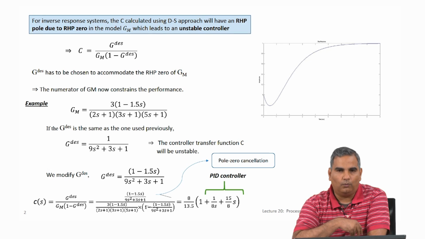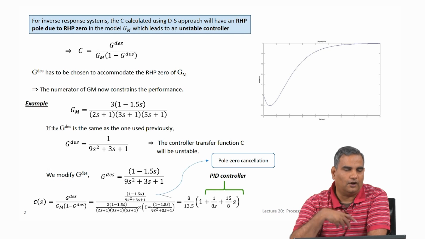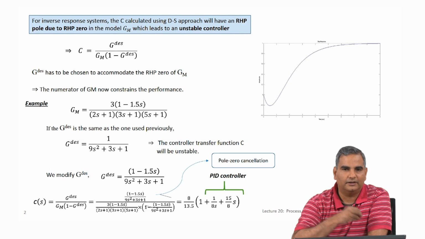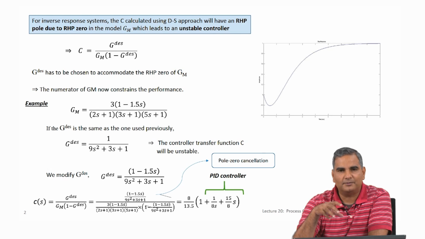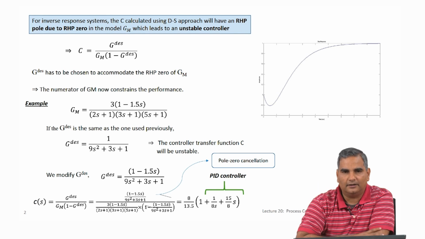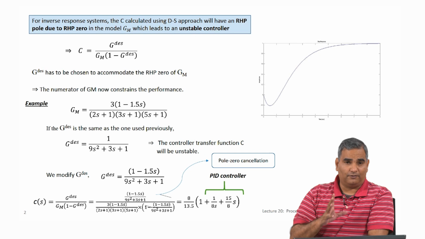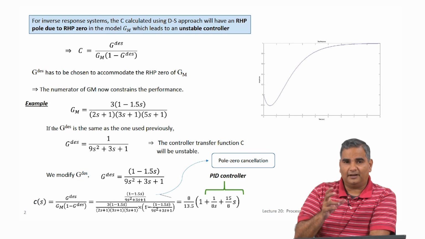Okay. So, what we are going to do is tolerate this inverse response a little bit in our G desired that we ask the closed loop system to follow. So, that is a basic fundamental idea in solving this problem. This basically says, if I have a performance limitation in terms of RHP 0, then the ultimate closed loop performance will suffer a little, but I know that I am going to tolerate this, and I really do not worry about getting the best performance that I specify in an unconstrained fashion.